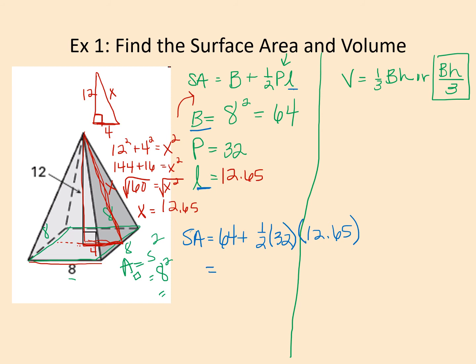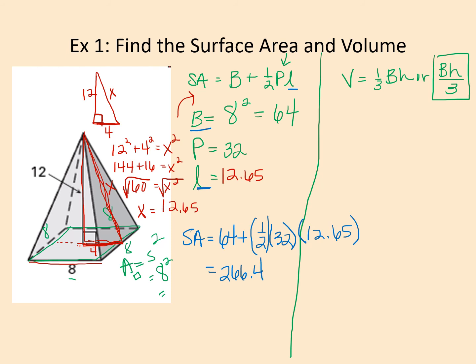So 64 plus, now 1/2, I'm not going to type in that fraction, I'm just going to type in 0.5, and I'm going to use parentheses when I type that in. So I'm going to type in 64 plus 0.5, left parenthesis 32, right parenthesis, left parenthesis 12.65, right parenthesis, and when I type that in and I hit enter, I actually get back just the number